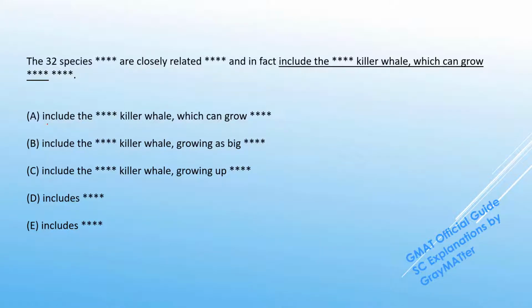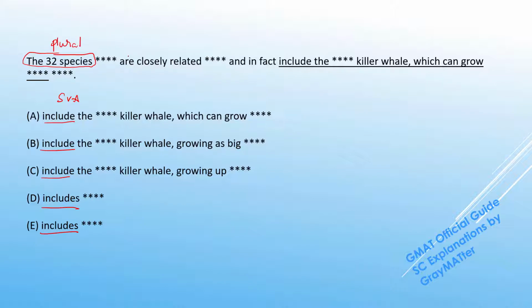The obvious point of attack that can be seen for this question is at the very beginning of these answer choices, the split between include and includes, and we know that this is a check for subject-verb agreement. So we just need to check for what the include or the includes is referring to, and when we follow the rest of the sentence, we can see that the main subject here is the 32 species, and that is